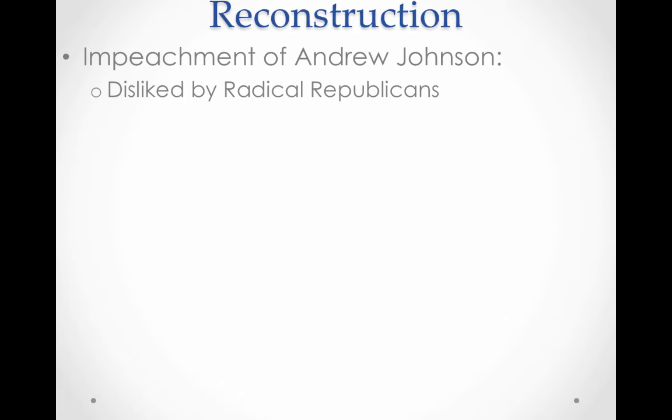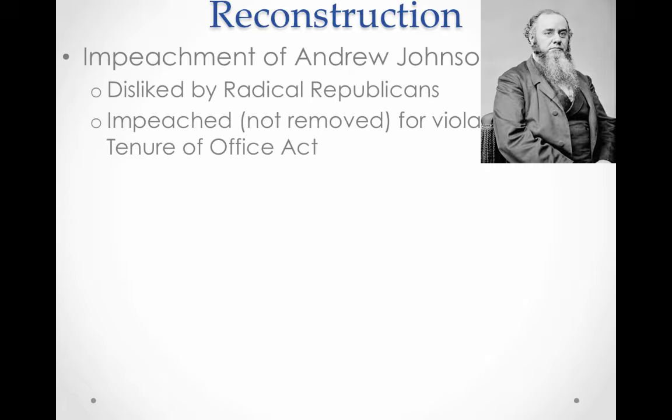All right, so let's talk impeachment. Unfortunately for Abraham Lincoln, we know he is assassinated right at the end of the war by a guy by the name of John Wilkes Booth. As a result of his assassination, his vice president Andrew Johnson steps in, and he does not really fare so well politically. Now, what's unique about Andrew Johnson, Mr. Norris, at the time? He was a Democrat from the South. All right, so Democrat from the South leading the North. This is kind of an issue, and he's going to run into a lot of problems with Congress. He was disliked by radical Republicans, people who wanted to punish the South for starting the Civil War. So eventually he will be impeached.